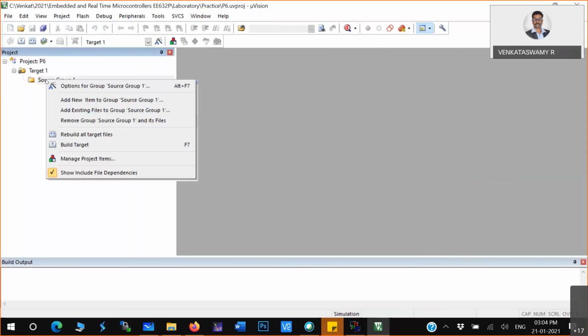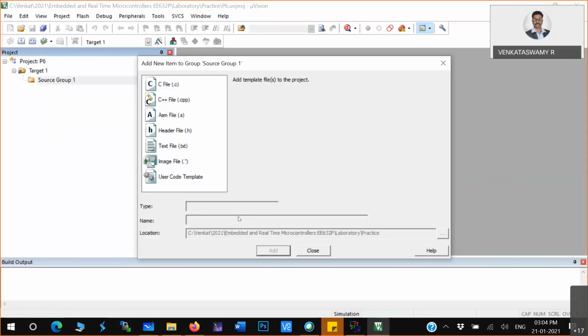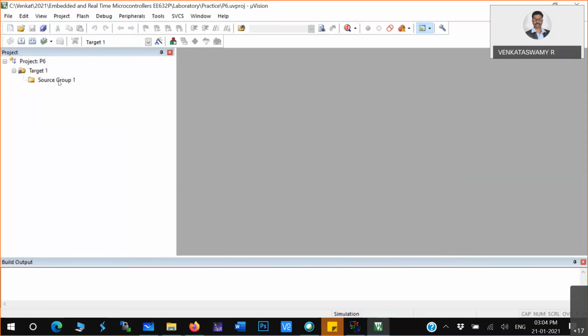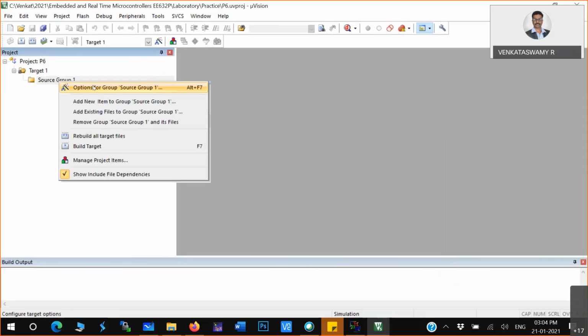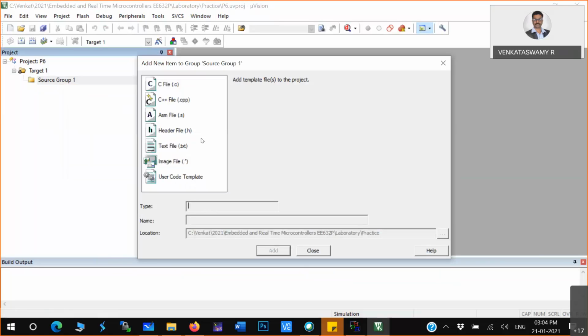Now you can add the item, new item, and then give a name. Say, for example, in source, add a new item.